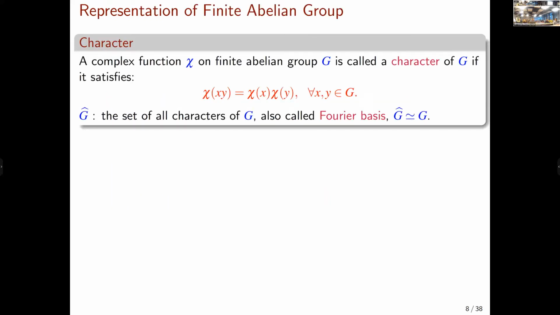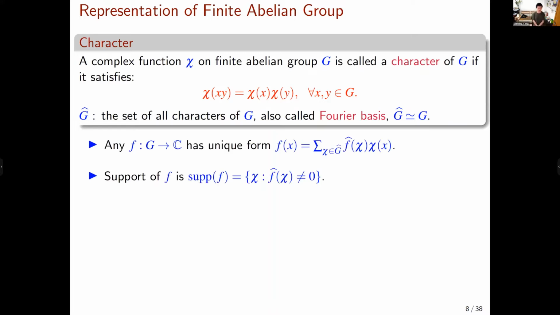A complex function on a finite abelian group G is called a character of G if it satisfies chi of x y equals chi x times chi y for any x and y belonging to G. We write G hat to be the set of all characters of G. G hat is also known as the Fourier basis or dual group of G. Since G is a finite abelian group, G hat is also a group which is isomorphic to G. And for any function from a finite abelian group G to the complex numbers C,